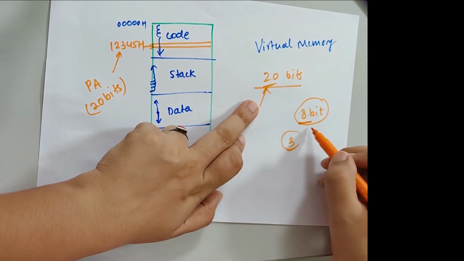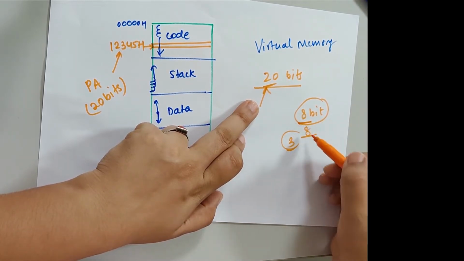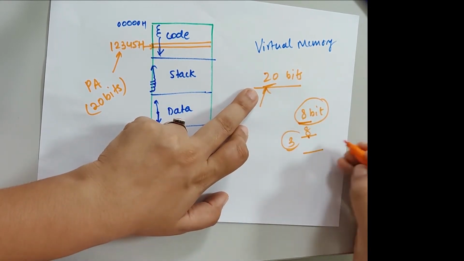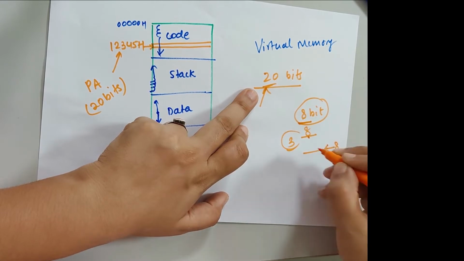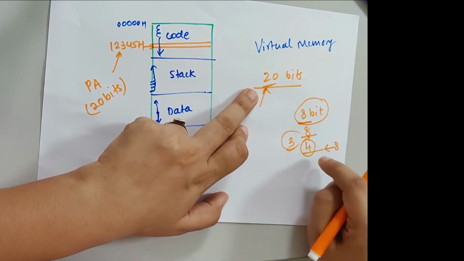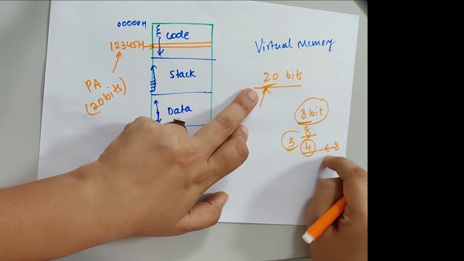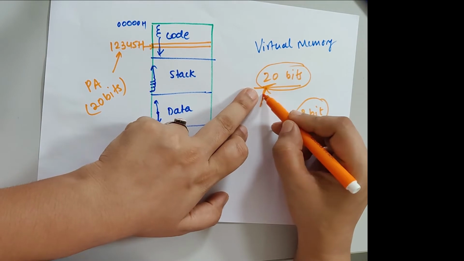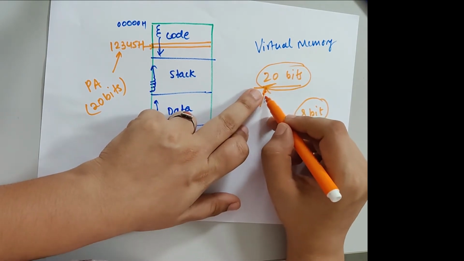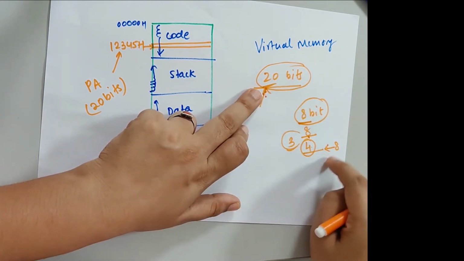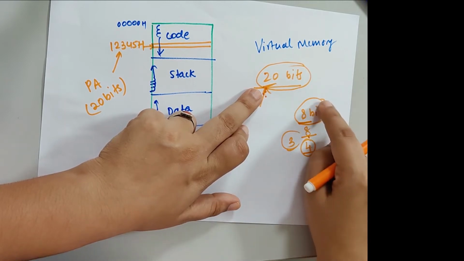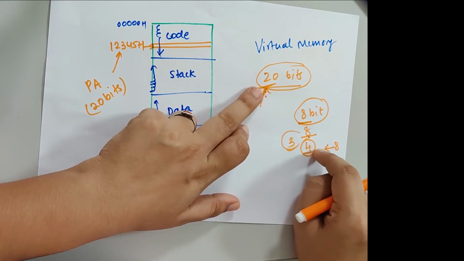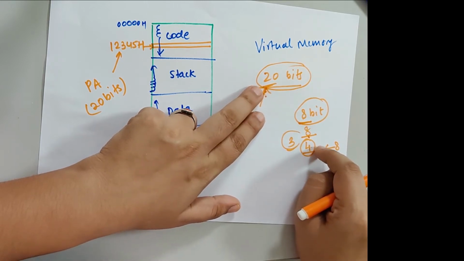In the first location I'll store 8 bits, in the next location again 8 bits, so 8 and 8 is 16 bits. Still 4 more bits I need, so I'll take a third location also. This location can store 8 bits, but I'm storing only 4 bits. So 4 bits of this third location are wasted. Why? Because the address is 20 bits and I need to store this address somewhere. To store it I need 3 memory locations, and I am not using all the bits. The 4 bits are wasted for every address.